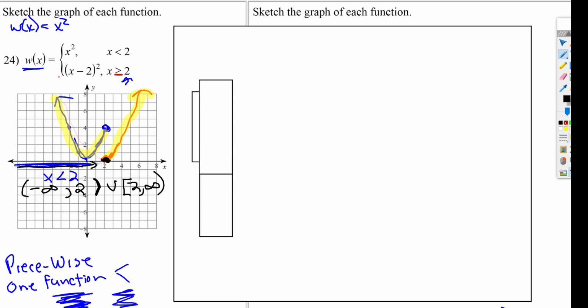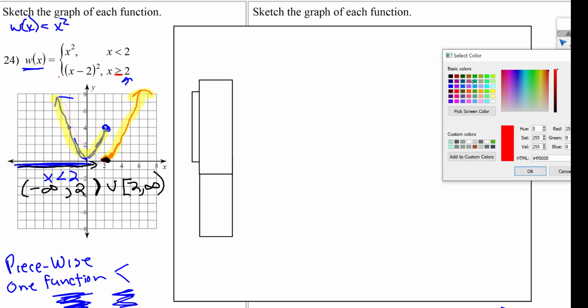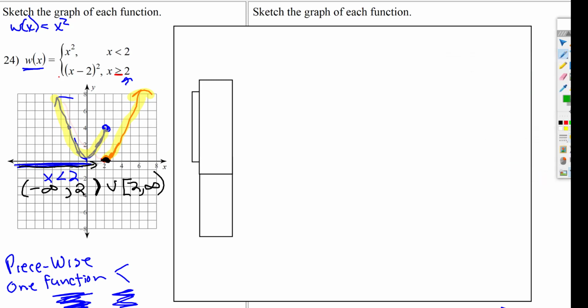And then the last thing that I want you to notice, I'll choose kind of a dark green. So then if we want to know about areas of increasing and decreasing, as we read left to right, all the way up to 0, that's decreasing. And then it increases there. And then there's this gap right here, and then it increases again. So when you're asked about functions that are increasing, decreasing, for this one right here, you'd say from negative infinity up to 0, since it stops right there,